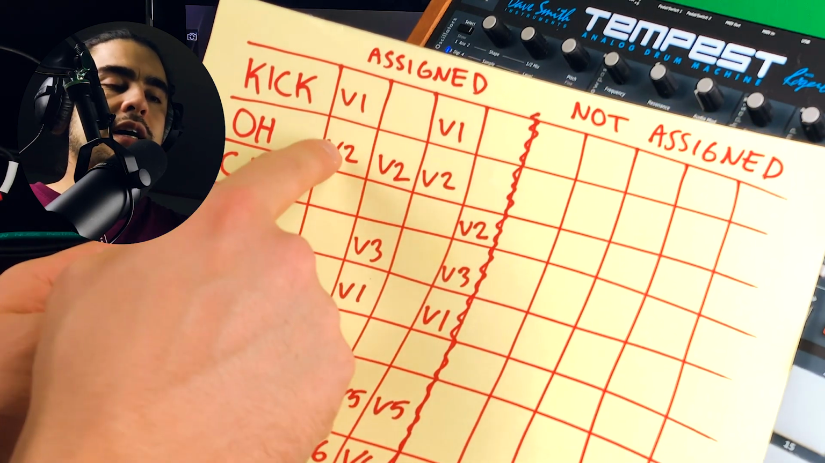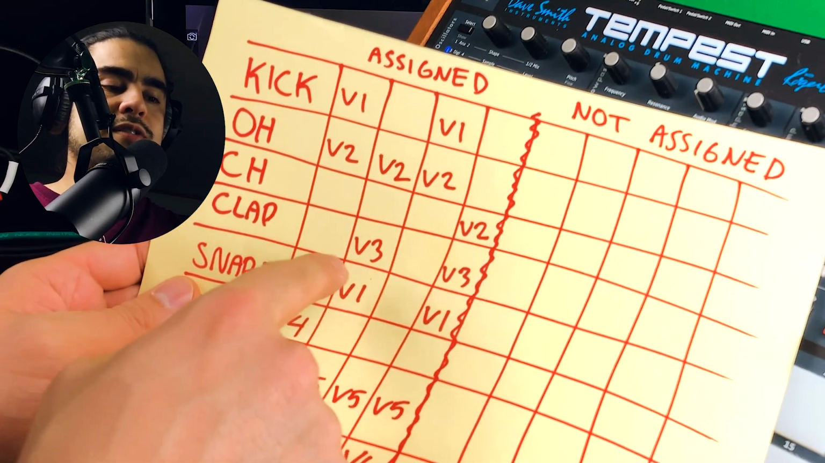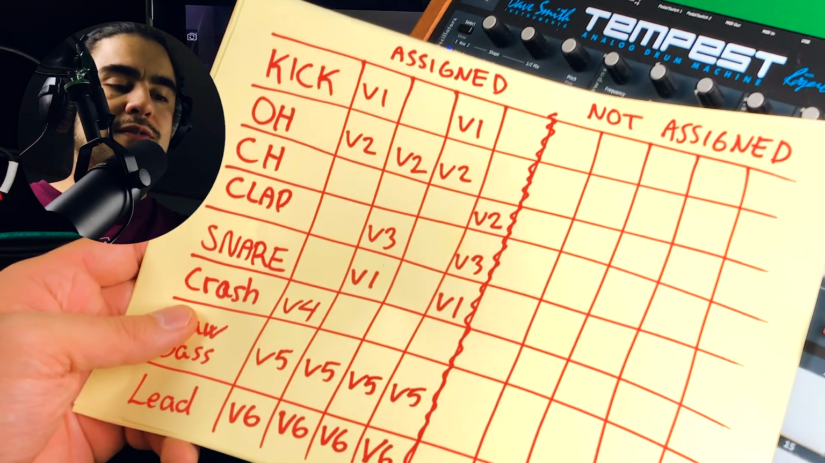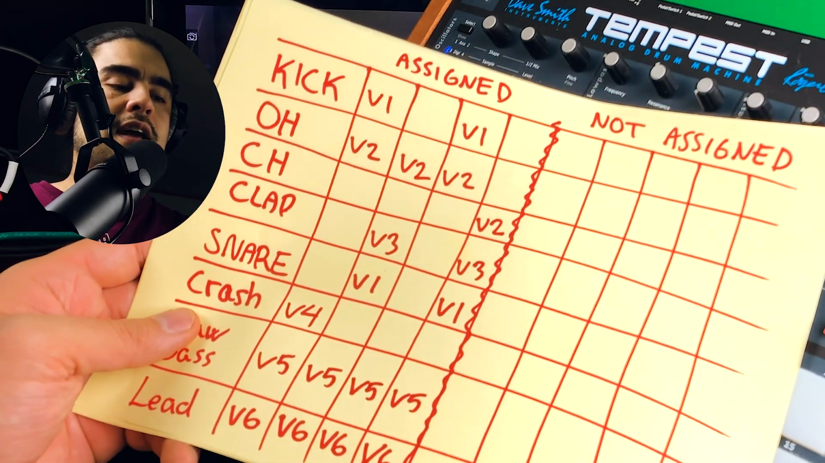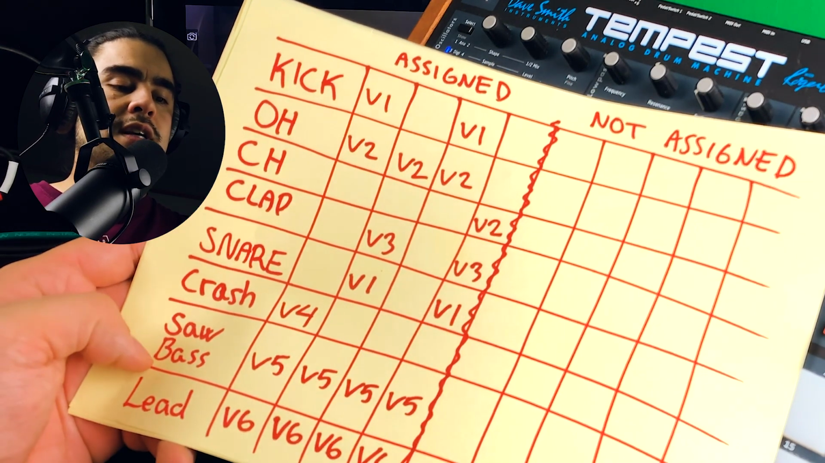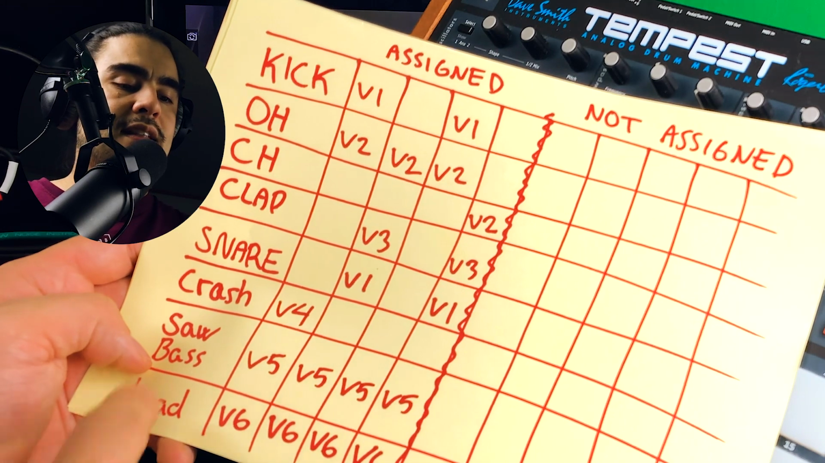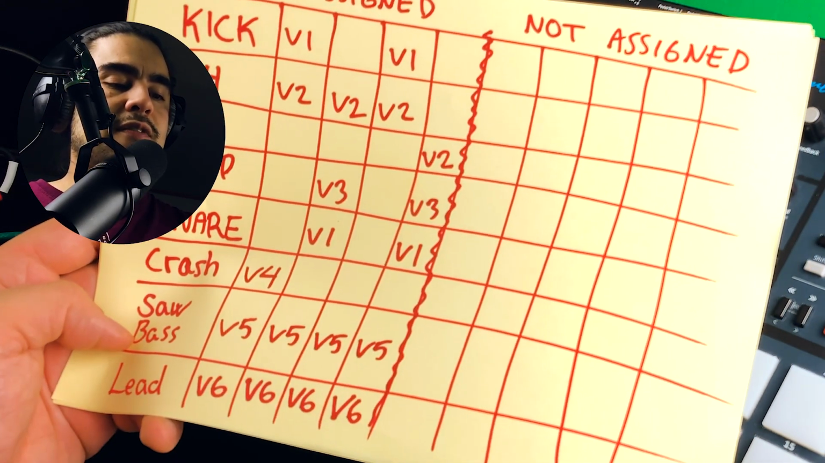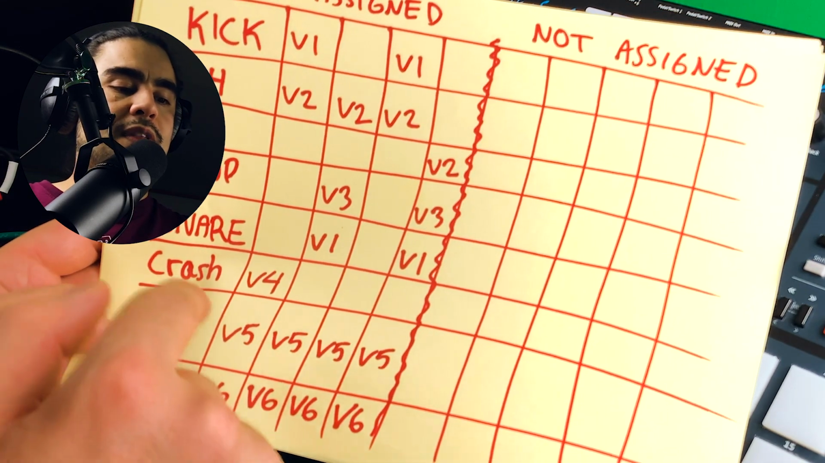So they will not interrupt voice 3 and 1. And then the crash will use voice 4 because it's long, and the tail will be interrupted by all of these other sounds somewhere. And then we have the saw bass and the lead that will have each of the voices that are left, voice 5